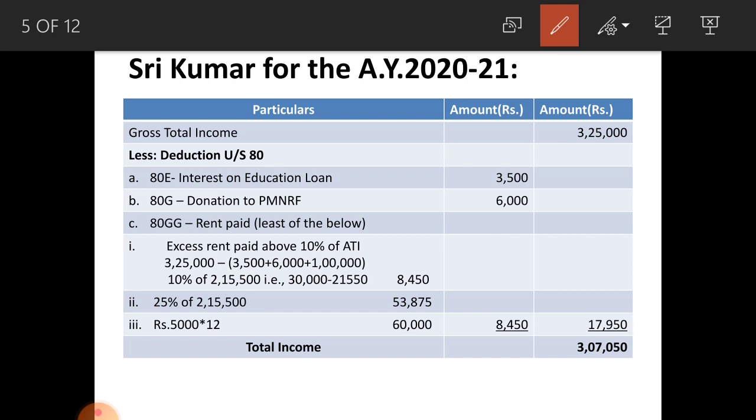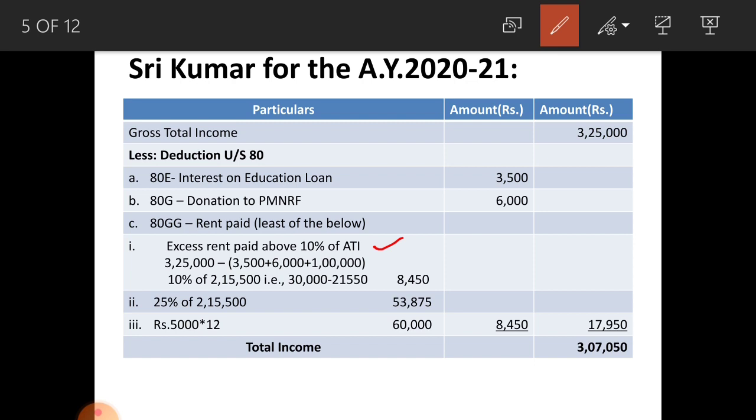Next, under section 80GG, deduction is allowable for rent paid. Least of the following you have to consider. First one, excess rent paid above 10% of adjusted total income. Here adjusted total income means